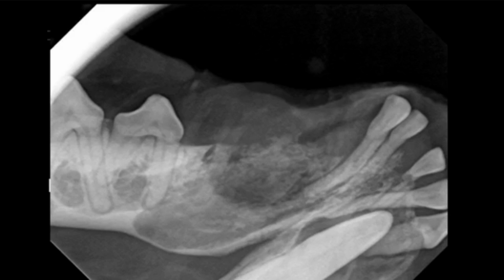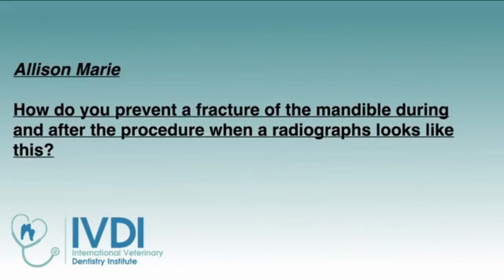If you are doing this and you've got a lot of experience doing extractions of mandibular canine teeth that have that type of involvement, where the cyst has been associated with significant bone involvement, the canine tooth's involved with it, then it shouldn't be an issue, because you know how to do that without compromising the mandible. If you don't know how to do that, if you've not had experience with a lot of surgical extractions, know the anatomy,